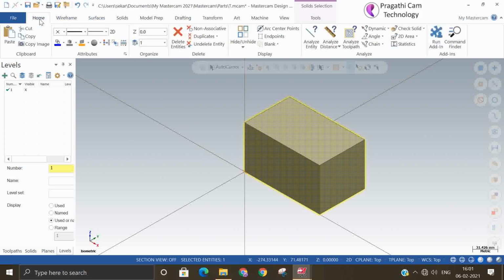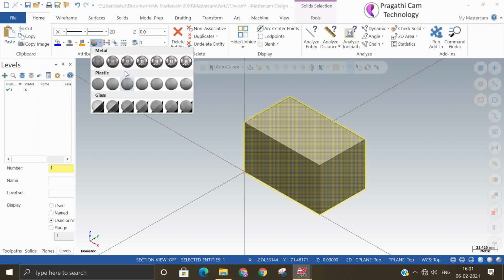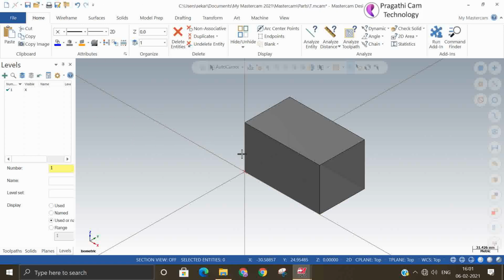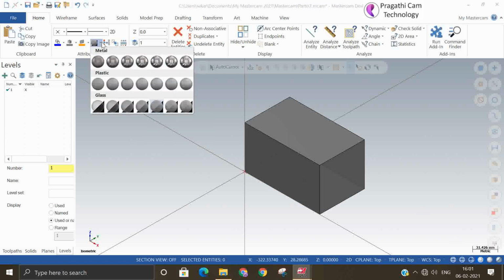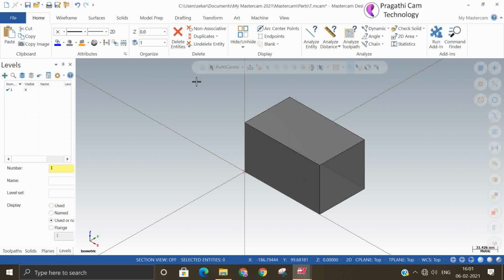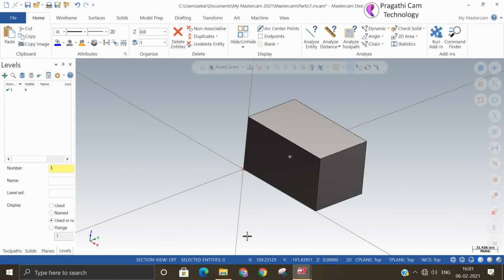It shows the appearance only, nothing else. Whatever you select, based on that the appearance will come. If you want to select reflective, first you select this, then go here and click, and whatever you want, you select it. Like this the reflection will come on the model.